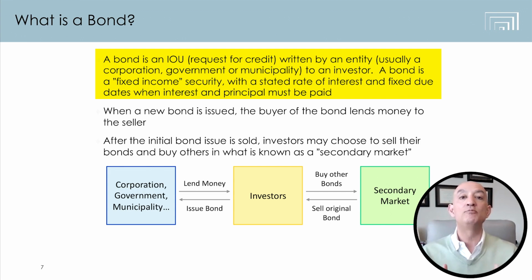So essentially, when you buy a bond, you are lending money to a company or a city or a state or a government or some entity that is borrowing money from you. And they're going to pay you a certain amount of interest, and then at a certain point in time, they're going to pay back principal, and the deal is finished. A lot of complications come with that, so we're going to go through that and talk about how bonds work.